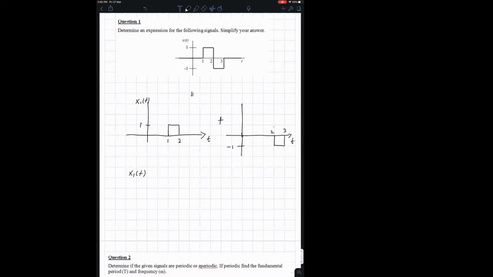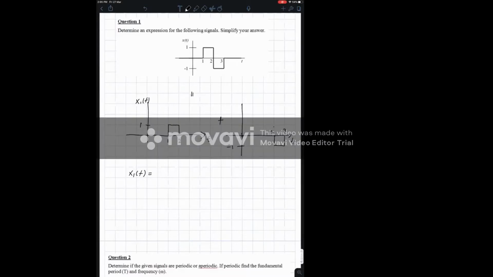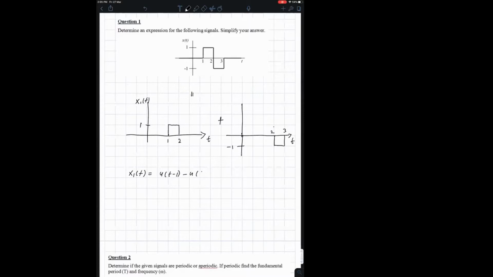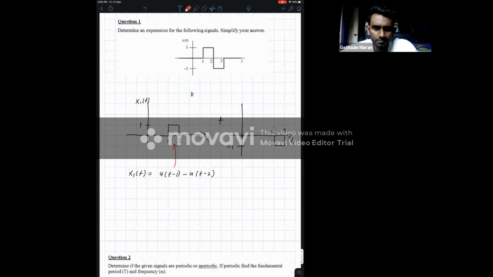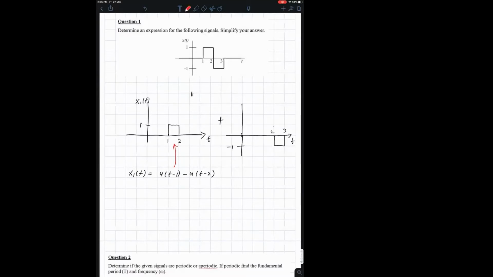So the first one, you can write this as a step signal that starts at 1 and ends at 2. That is the expression that's going to give you this signal right here. Okay, guys? And the next one,